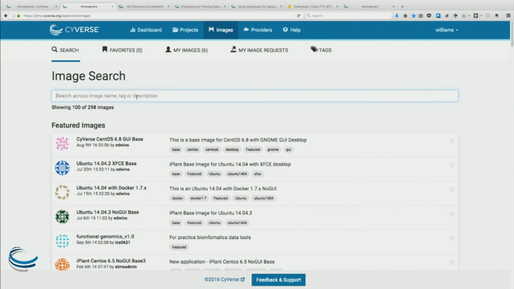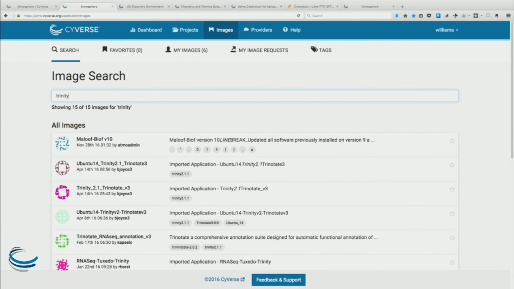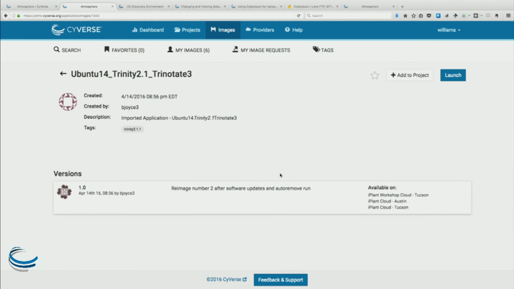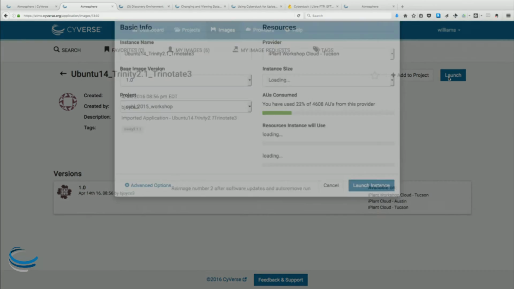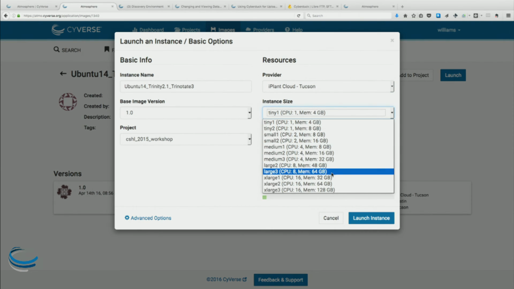Then I can search for something. Let's say I want to just use Trinotate, or let's say I want to use Trinity. Do an RNA or do a transcriptome assembly. I might find something. So there is a particular version of Trinity. I could click on that. This one uses quite a bit of resources, so I can go ahead and say launch. I could then say, in this case, I'm going to switch, you guys won't have this problem, to the Tucson cloud,